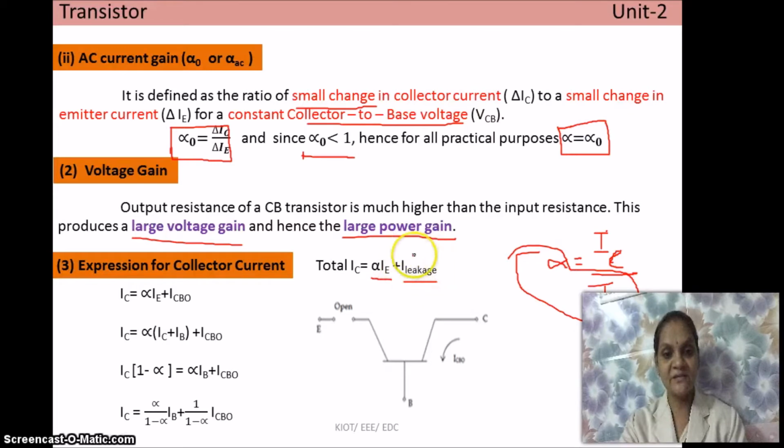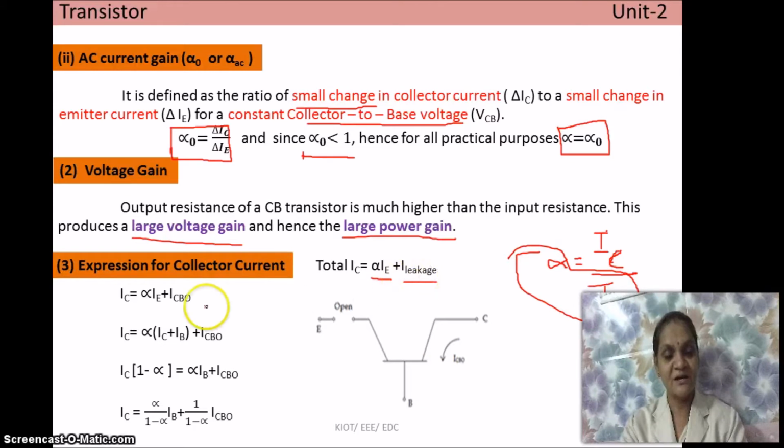So how do we get that leakage current? This is the leakage current flowing through the transistor only across the area which is reverse biased. Here the reverse biased terminals are the collector and base terminals. This is possible when the input is open. That means even if the input signal is not given, a small amount of current flows through the collector and the base terminal because it is reverse biased. That current is represented as high leakage here.